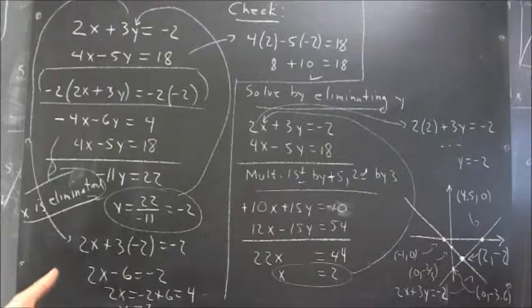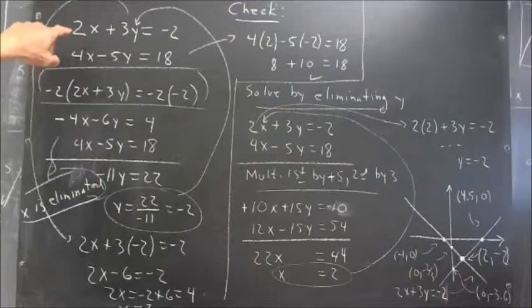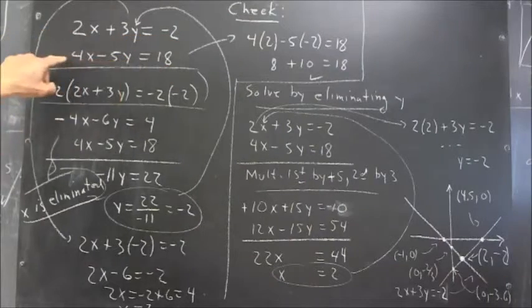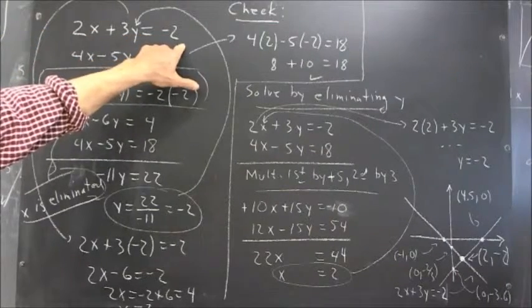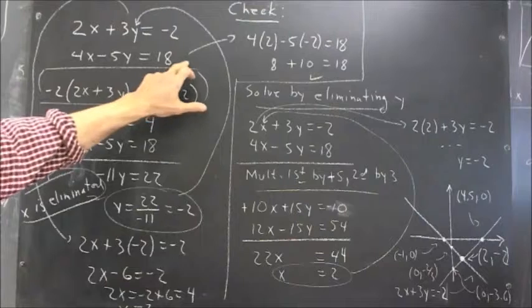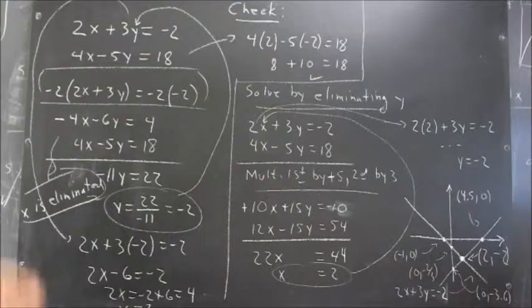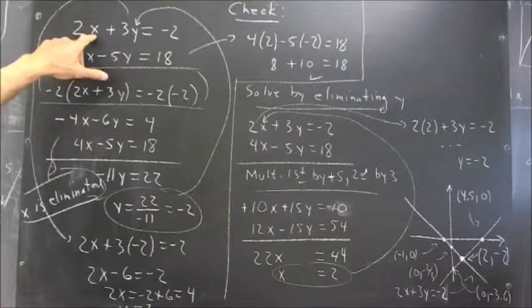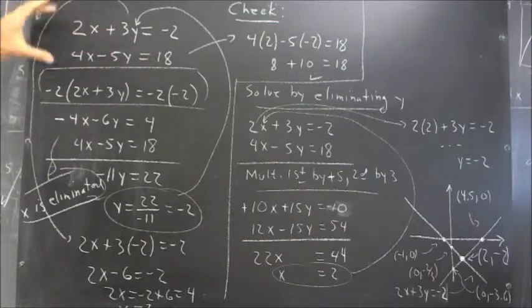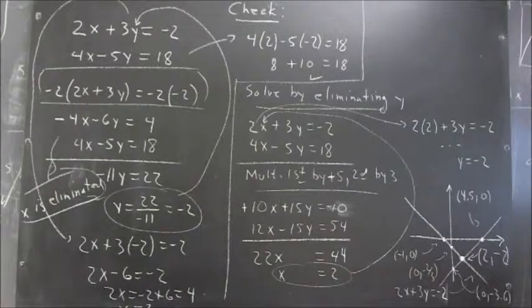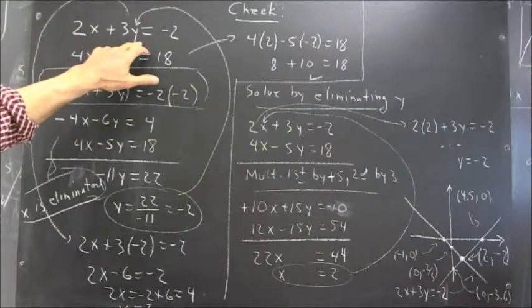Almost the entire class today was concerned with solving this system of equations. 2x plus 3y equals -2, 4x minus 5y equals 18. To solve this system of equations, we have to find a value of x and a value of y that make the equation true. Now I can tell you right away that if x is 2 and y is -2,